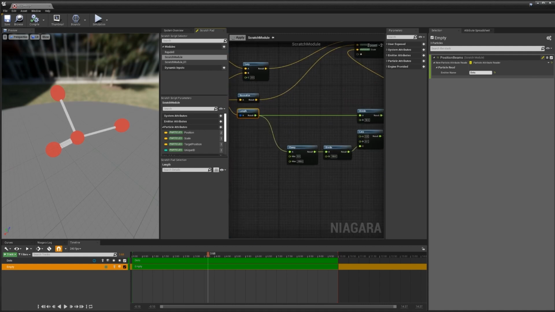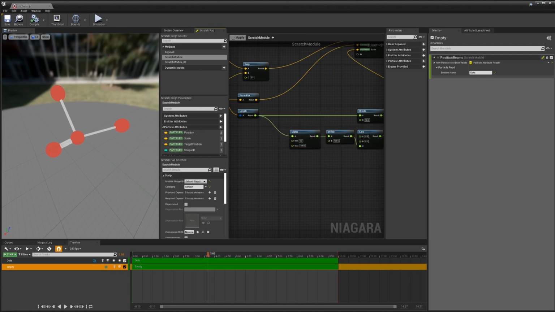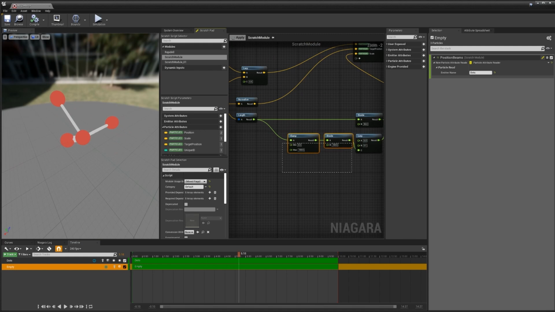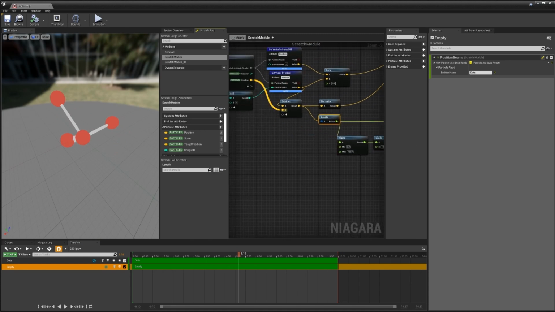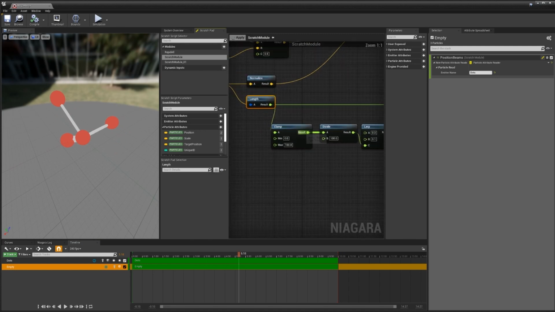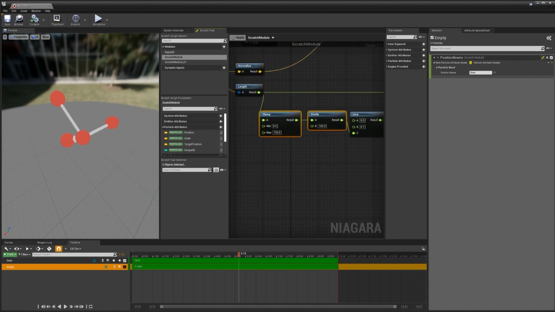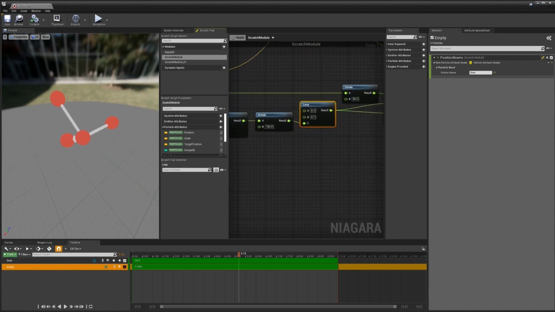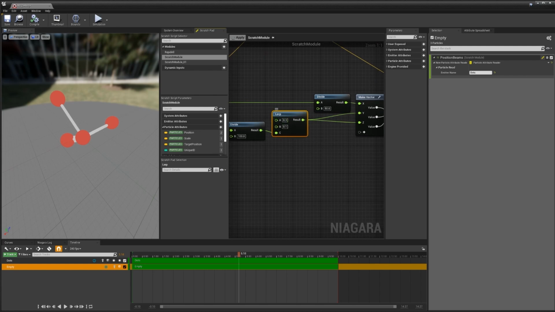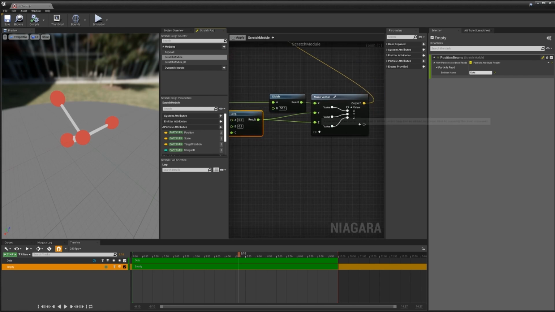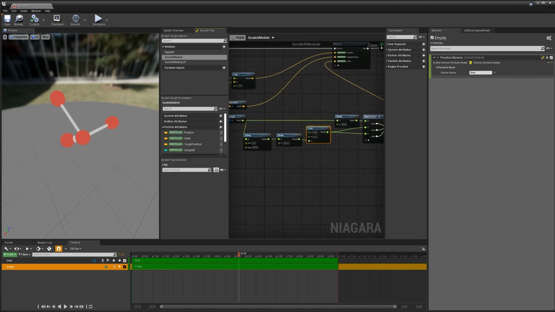Then a little bit of extra stuff in here, just to make it look a little bit nicer. You should be able to see that as these connectors get closer together, as the spheres get closer together, the connectors get thicker. And this is just a very simple calculation here. We are getting the length of this vector, normalizing it by clamping and dividing, and then lerping between 0.3 and 0.1, which is going to be our scale value based on y and z.